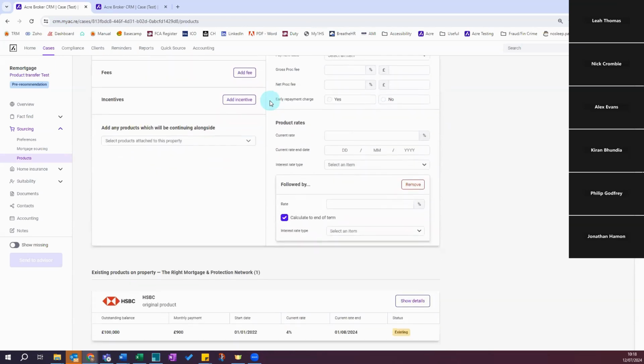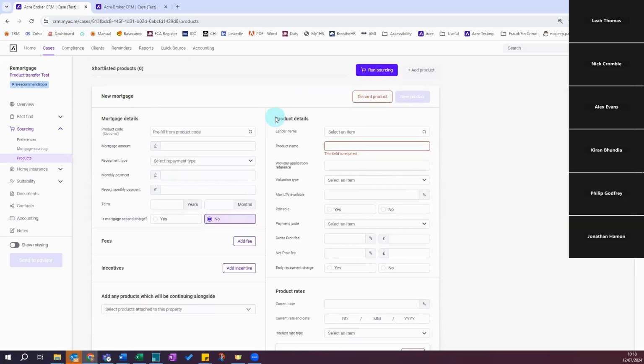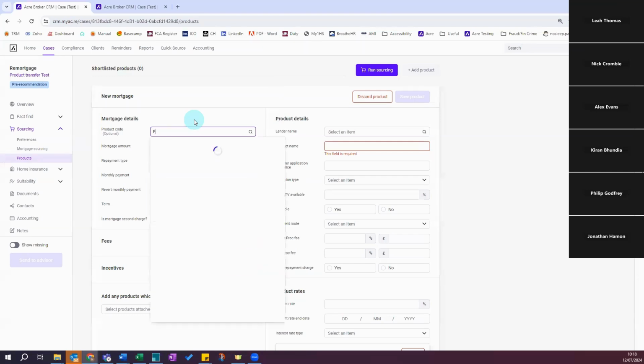There's nothing unusual within this section. All the fields are exactly what you'd expect. The thing that's particularly impressive is this product code function right here. If you've got the product code, which of course, if you are dealing with a Halifax loyalty product, you're going to have that through their system. And I do have one which I prepared earlier, which I am just going to pop in now. So it is